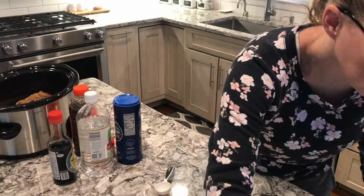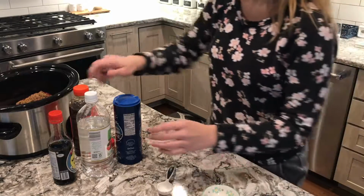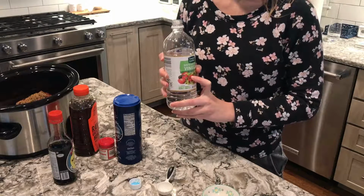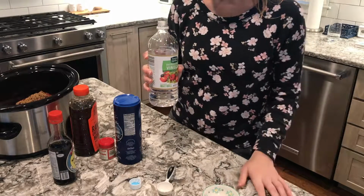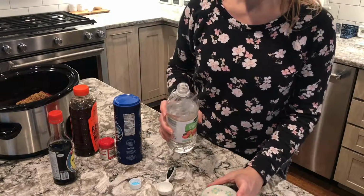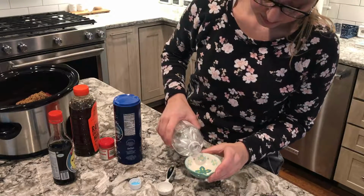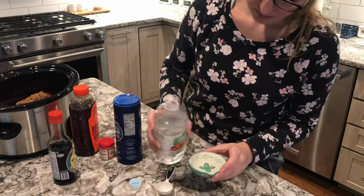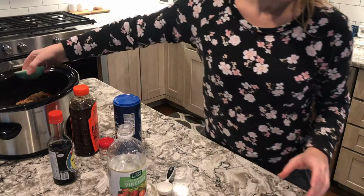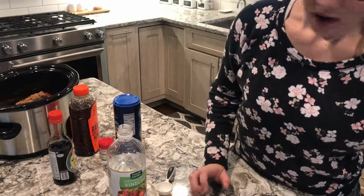Then we've got 1/4 of a cup of vinegar. I only have white vinegar, but I've seen some comments on the recipe that say you can use apple cider vinegar. Somebody even used balsamic vinegar, so I'm sure any type of vinegar would be good, just based on what you like. So 1/4 of a cup of vinegar, 1/4 of a cup of honey,